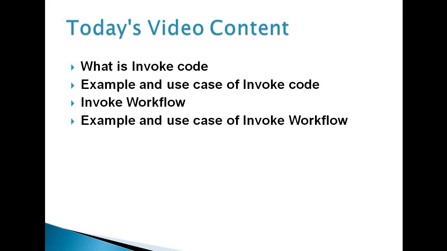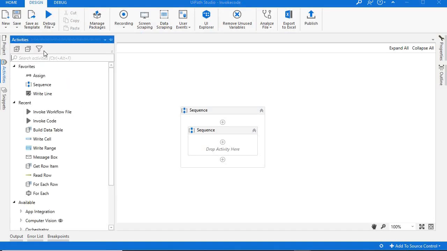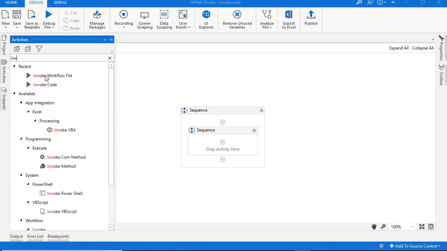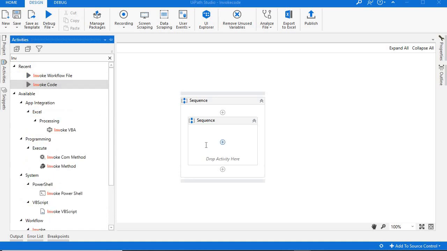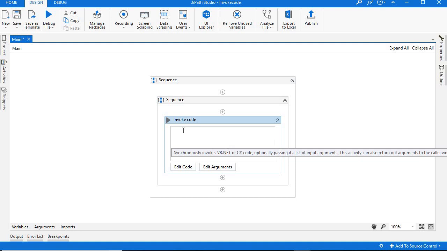So let's see. We need to drag invoke code from the activities panel. So what is invoke code? Invoke code activity is used for directly calling VB.NET code from the UiPath platform.